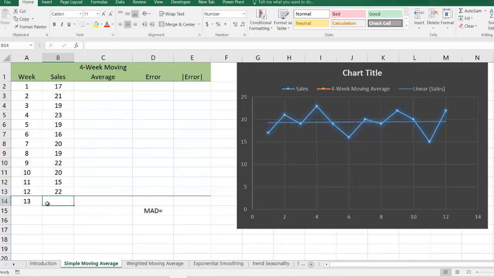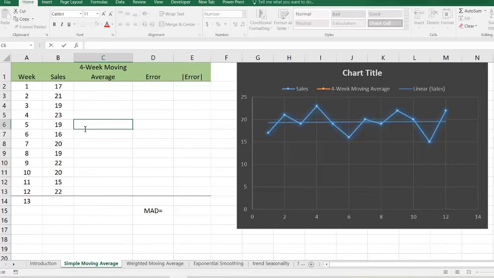And now we're going to compute a 4-week simple moving average using this 12-week time series. In doing that, we need 4 historical data points in order to generate a forecast for the next period. When a new data point comes in, the oldest data will be removed to maintain a 4-week moving average. So our first forecast will be on the 5th week. So we need to take the average of the 4 most recent data points.